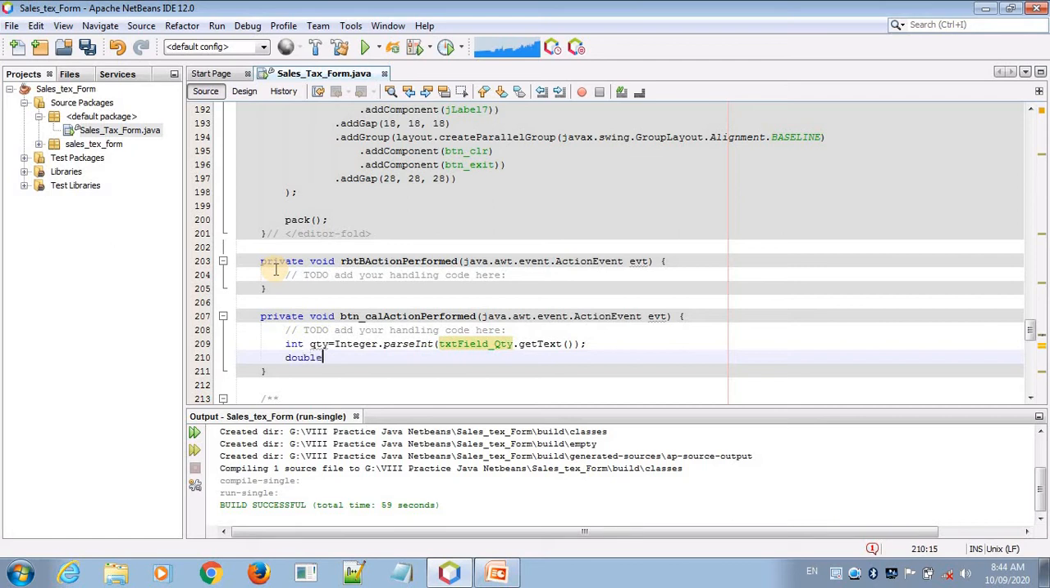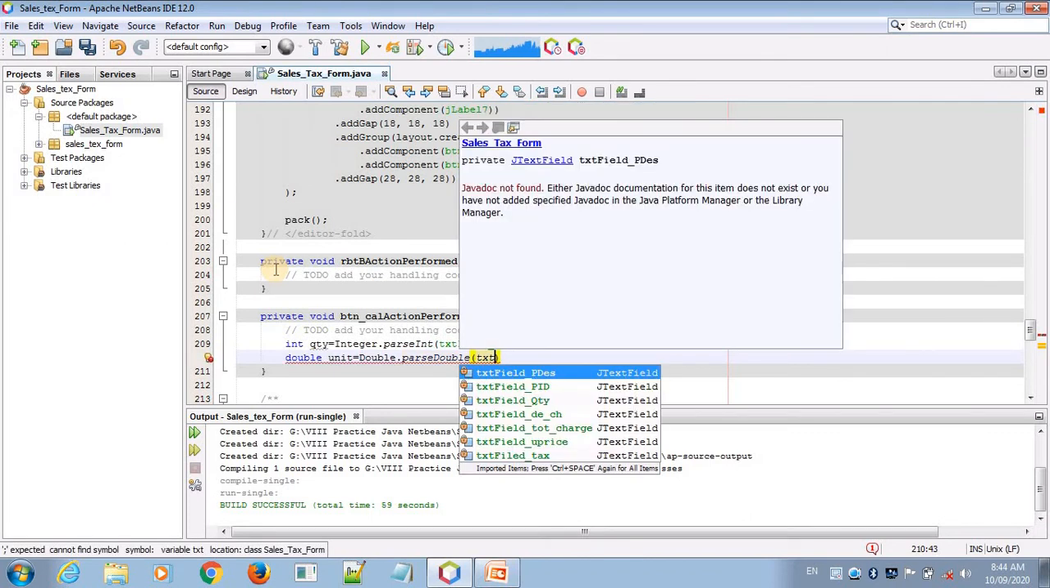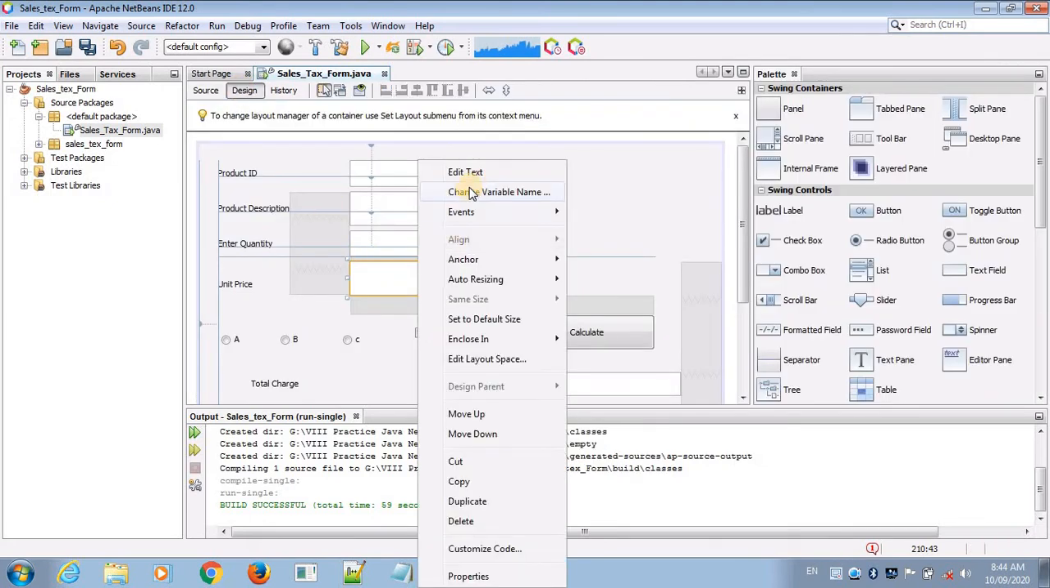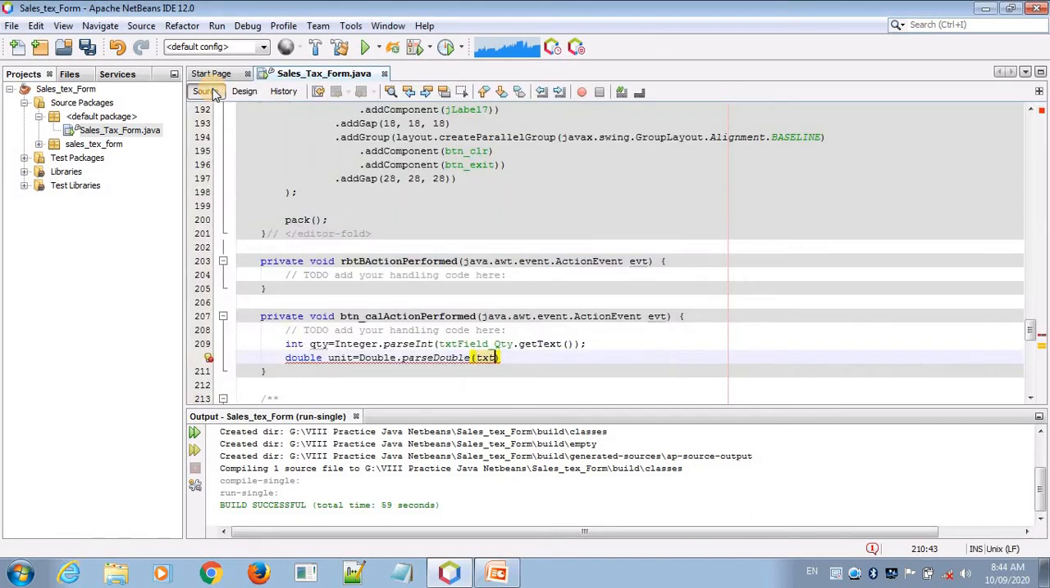So I am putting double unit equal to, you know how to convert a string into a double. So it is double parse. This is the statement to convert a string into a double. So right here text field unit price. Otherwise if you are confused, you can check here what is written, the text name, that is u price. Okay, go to the source code and write here